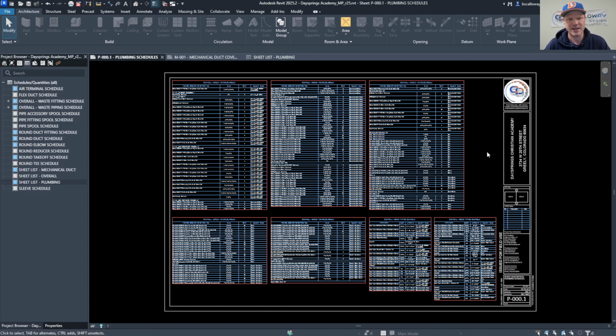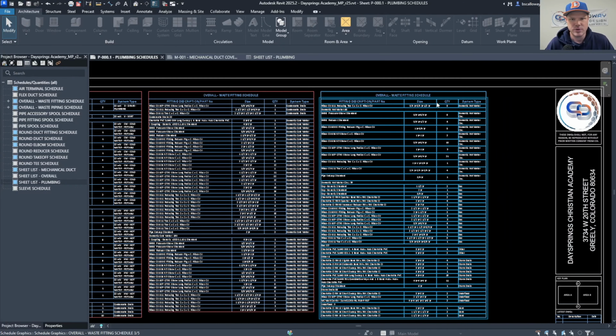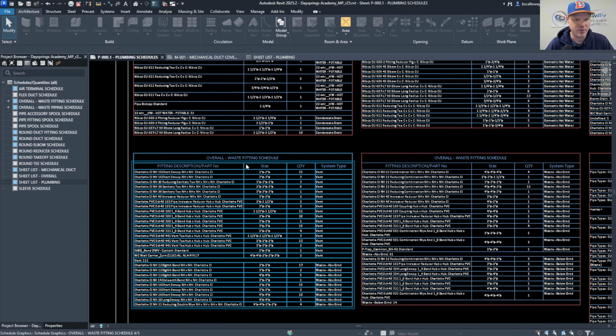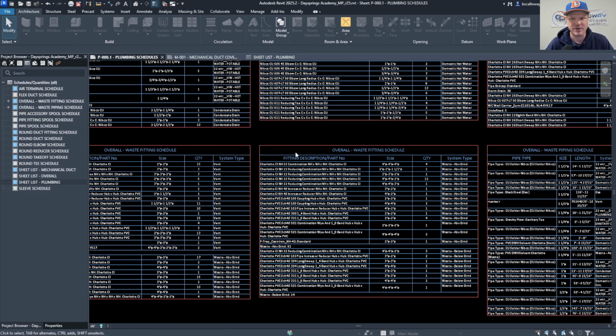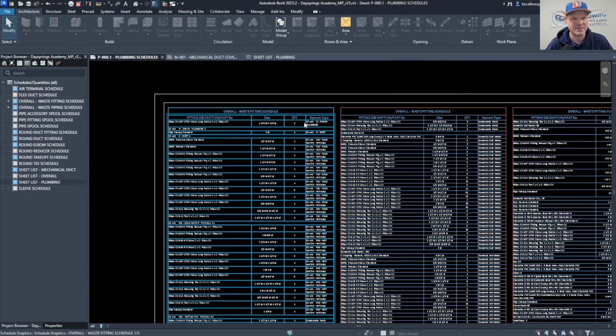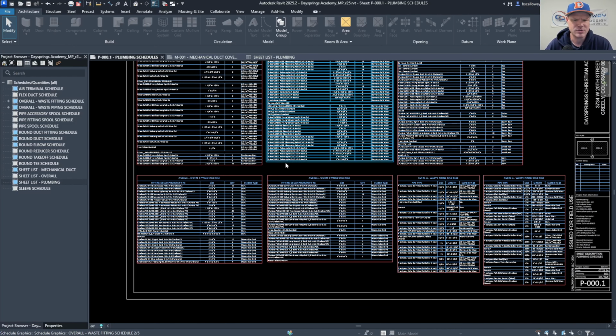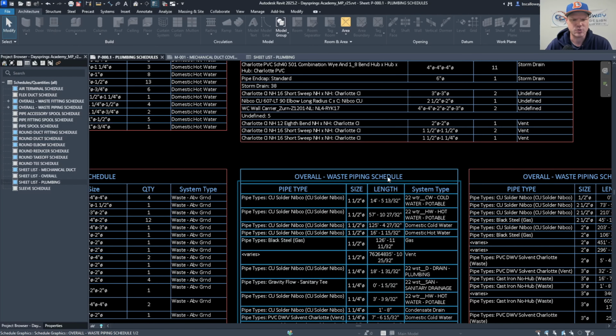This is on the plumbing side, and as you can see, there are quite a few. We've got one, two, three, four, five different sections of waste fitting. So there's quite a few in this job, and this is actually a pretty small job for BIM modeling. This is about a 50,000, 60,000 square foot school addition. So those are all my fittings, and then we've also got our just straight up waste piping schedule, which also